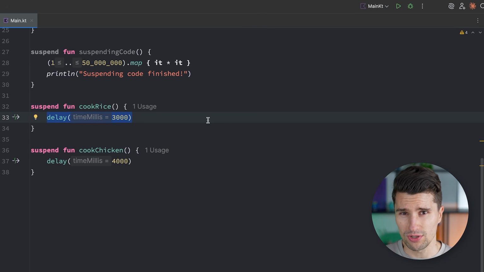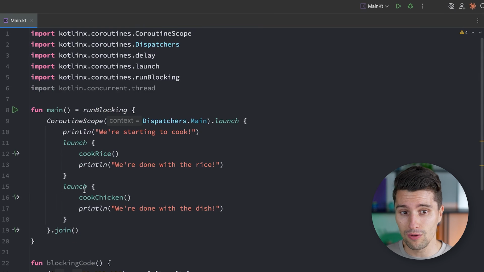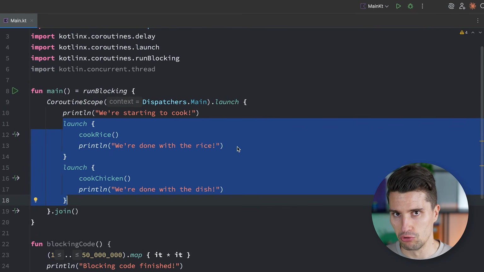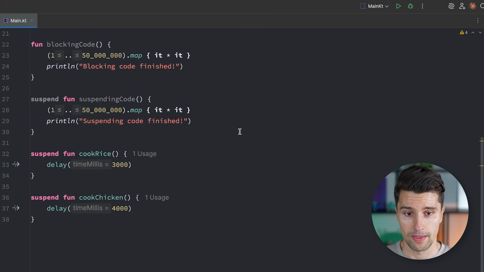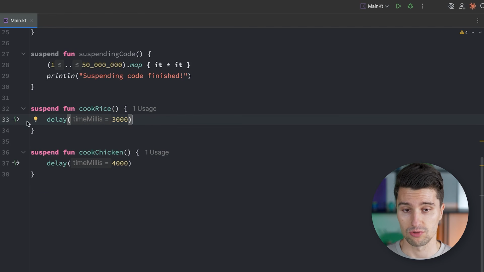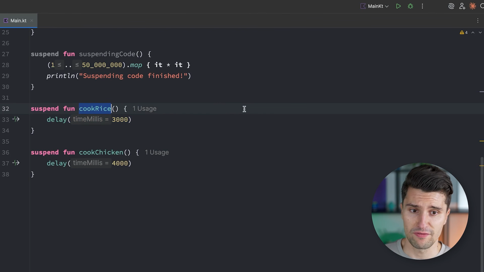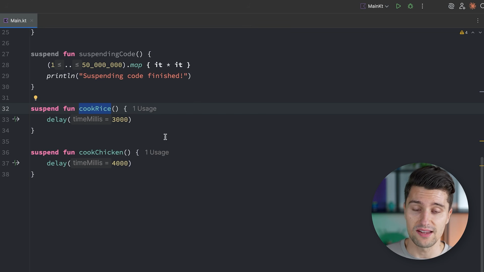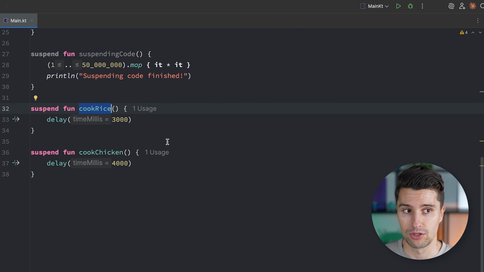And the interesting part about coroutines versus threads is that all that code here was still executed on a single execution flow on our main thread, while still being able to achieve this illusion of parallelism. Because in the end, our functions use this delay function, which is a suspending function, and it pretty much says, hey, we can pause our code here inside this specific coroutine, and while a specific suspend function is waiting for something, for the rice to cook, or for a network call to give us the response, while that is happening, other suspend functions can take over and do work in the same thread,